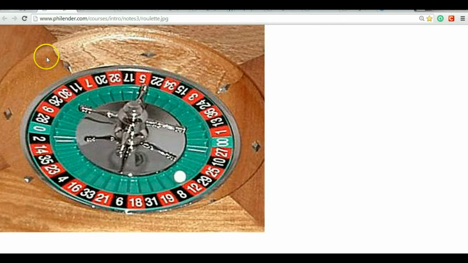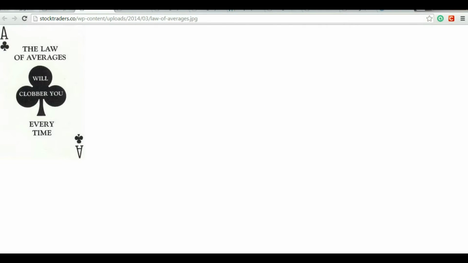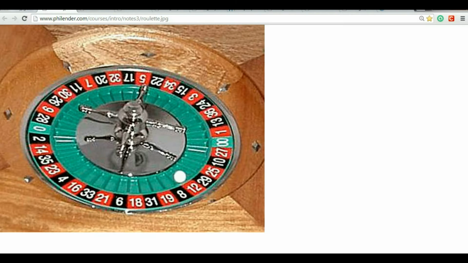Okay, so that is all about randomness. Next thing I want to talk about is this concept of the law of averages. And on the screen it says the law of averages will clobber you every time. Okay? And what the law of averages says is that things are due to happen. And it's a pretty common thought process. Okay? So we go back to our roulette wheel problem and we say,